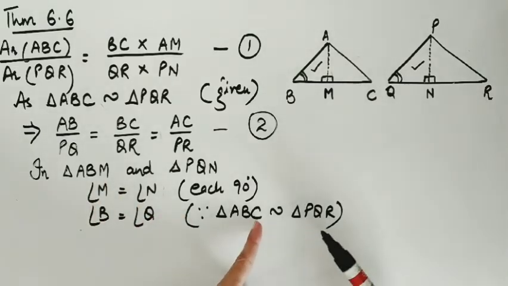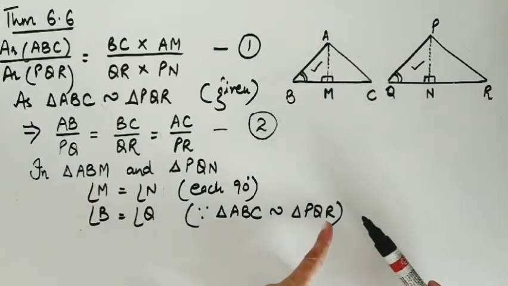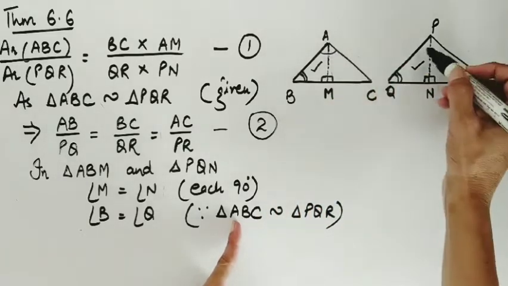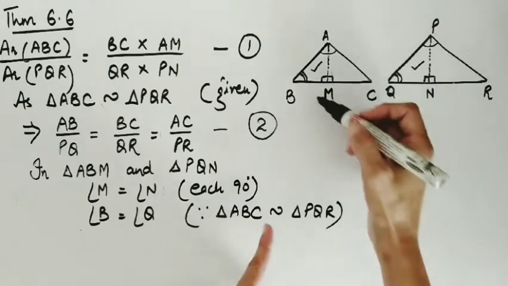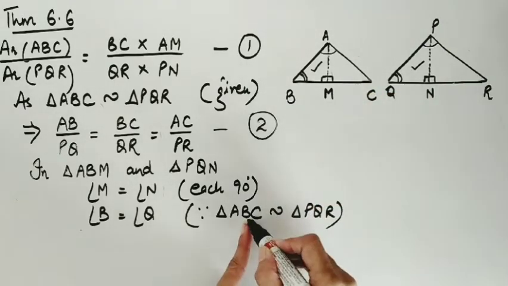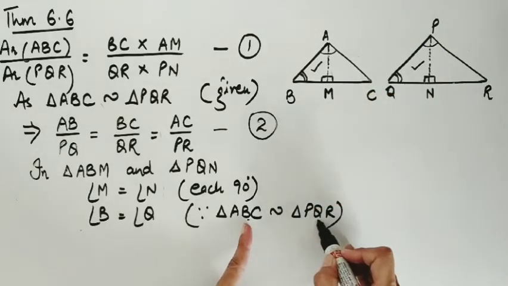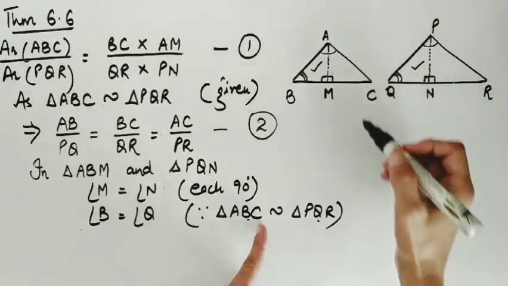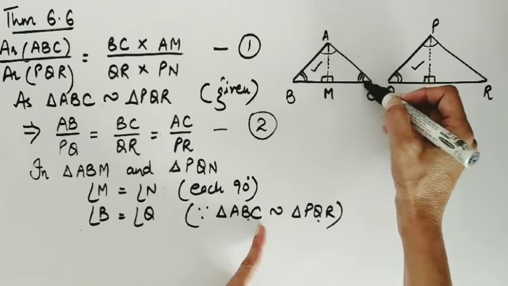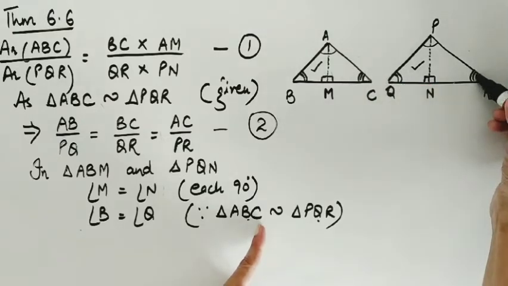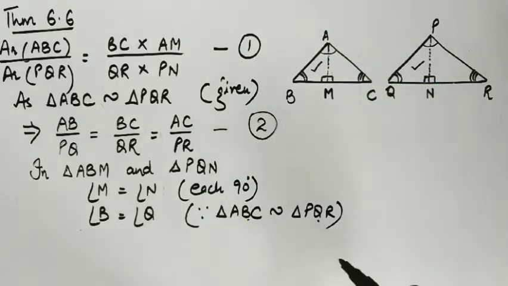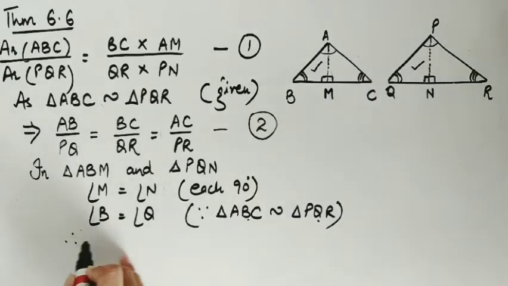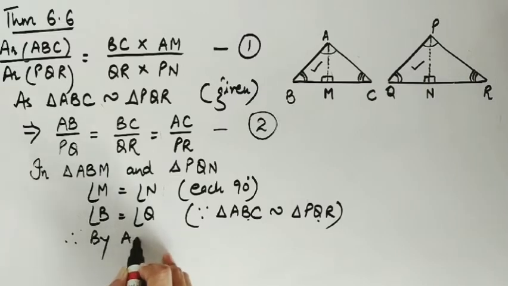If ABC is similar to PQR, this means angle A is equal to angle P, angle B would be equal to angle Q, angle C must be equal to angle R. Correct? So, which rule is it? By the AA similarity rule,